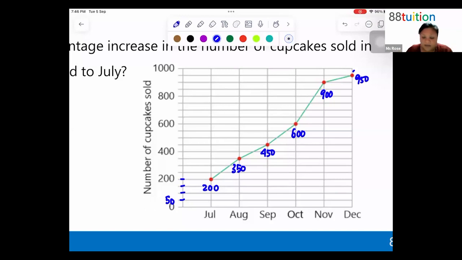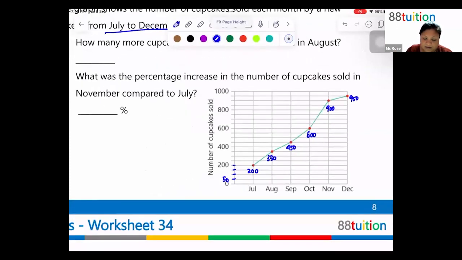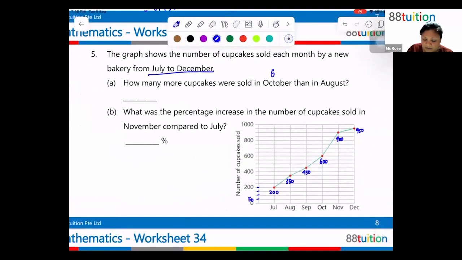Okay, so now that I have established all the information that I need, the question says, how many more cupcakes were sold in October than in August? How many were sold in October? 600. Then in August, which is 350. So to find how many more cupcakes, we take 600 minus 350 to give me 250. So this is your 250. Okay. What was the